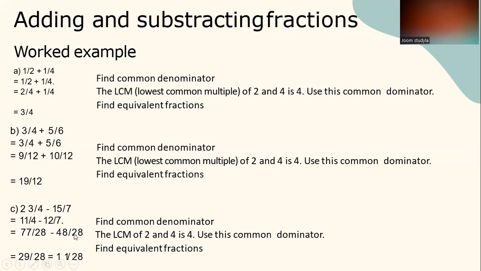28, and 28 times 2 is equal to 48. So 77 over 28 minus 48 over 28 is equal to 29 over 28, and you break up to